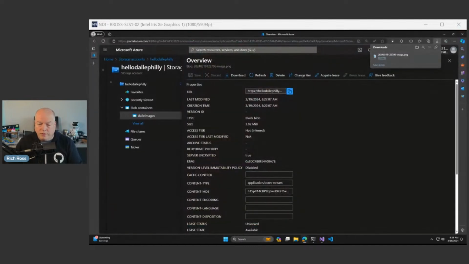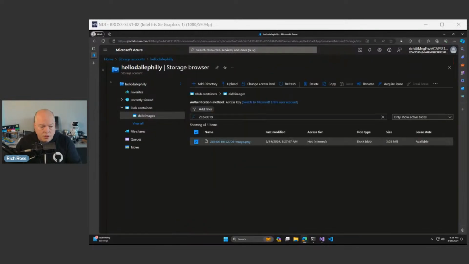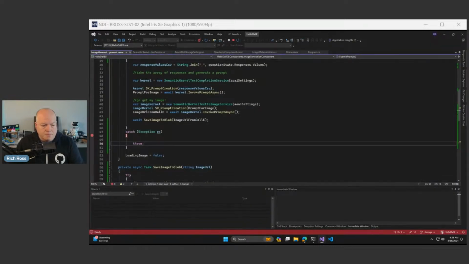Cool. So we've got a way to persist those images and keep them around a little longer. I like the naming convention that we have on this, in that it should be unique with the year, the month, the day, the time, dash image. So we should be able to keep these on there and be able to pull them back. The one thing that I also want to include inside of here, and we'll see if we can get this wrapped up,